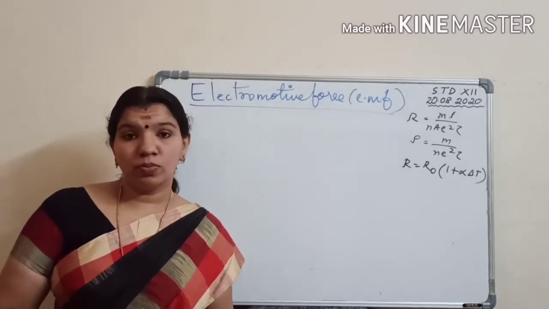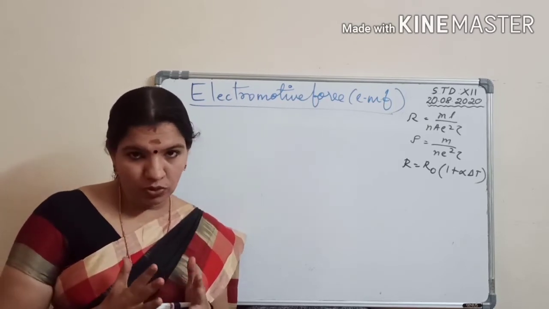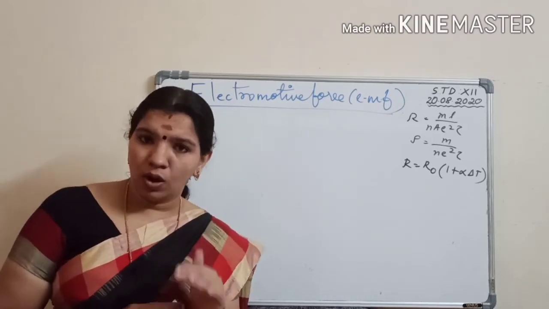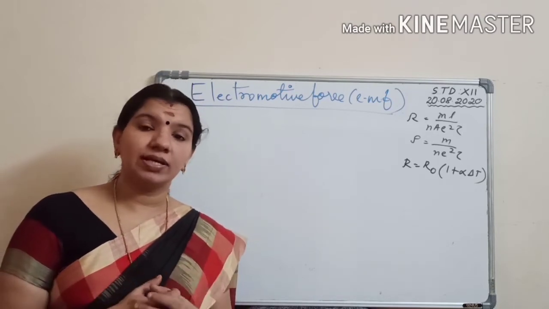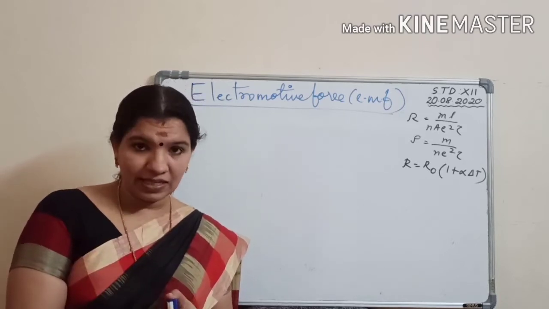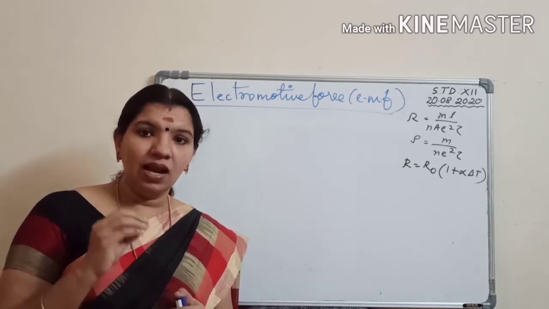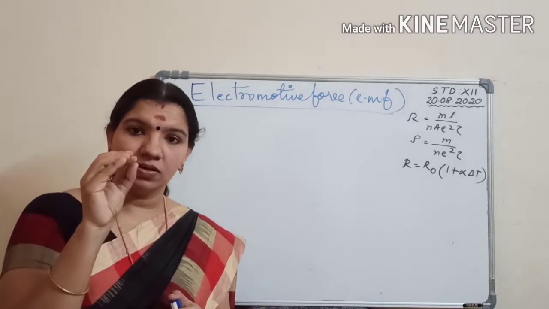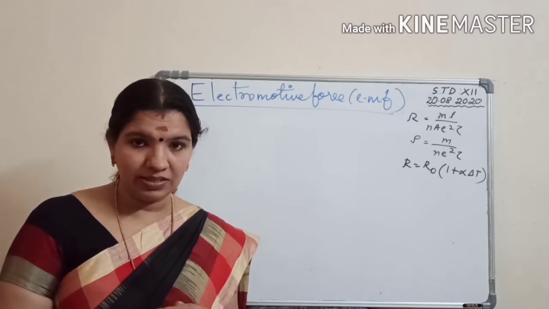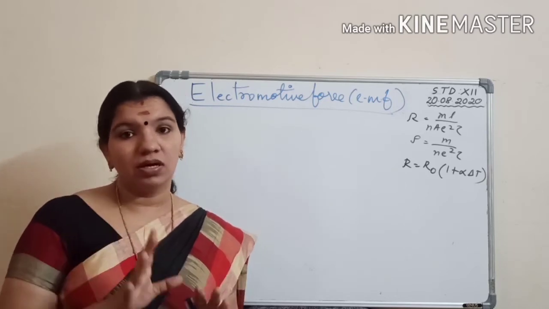So next is electromotive force, or EMF. We have studied it in chemistry. So what does electromotive force mean? To maintain a constant current along a conductor, we need to supply a potential difference, isn't it? The source of potential difference should be made by some device. We have studied such devices: cell, battery, etc. So this cell or battery maintains a constant current along the conductor by supplying the necessary potential difference. Understand? So electromotive force, or EMF, is the potential between the terminals of a cell.